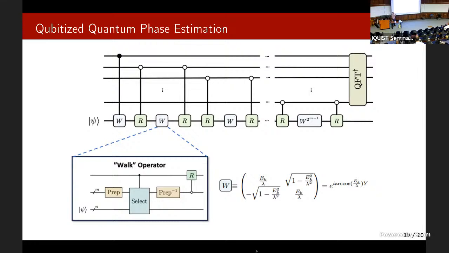If you want to kind of guarantee that you get the right answer, you have to have a very, very small time step in your evolution. And right now, we don't have a great way to prove a tight bound on what size that time step should be for a given error. So you end up having to take very, very, very small time steps to guarantee that you get the right